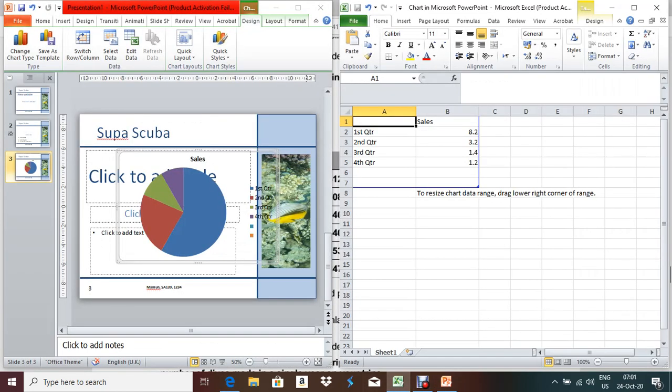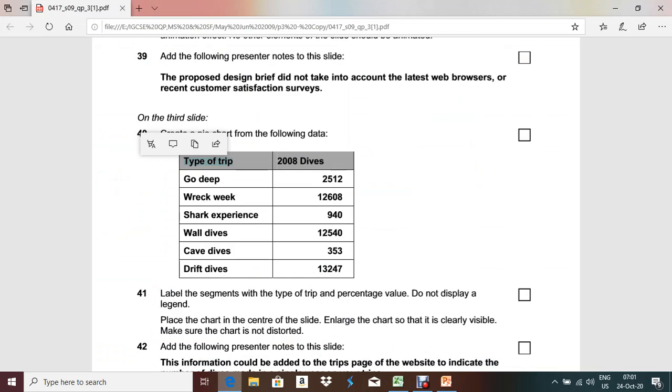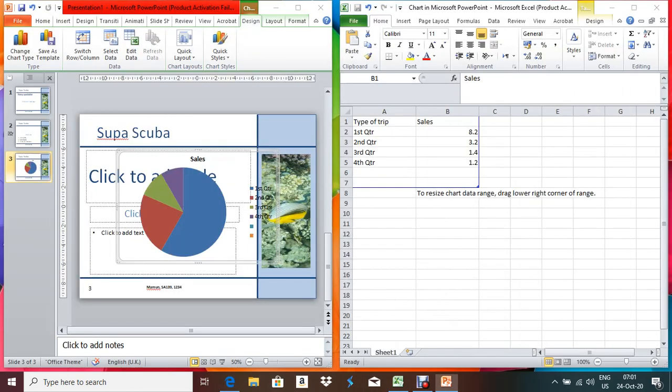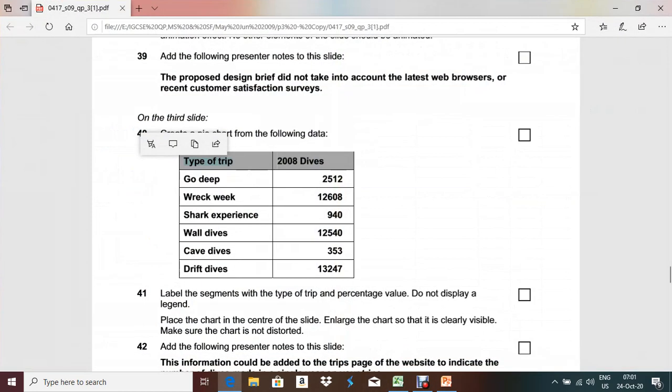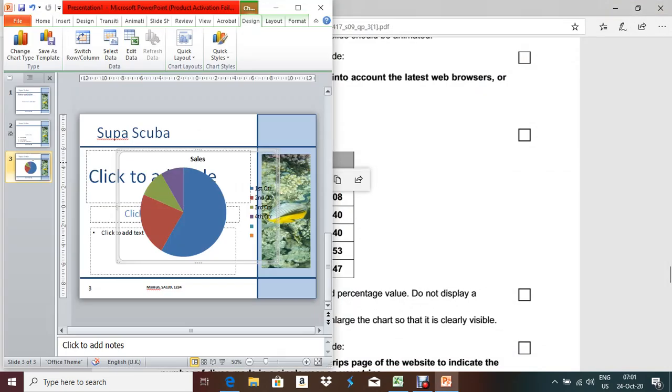In the Excel part you have to write down the type of trip, then 2008 drives.